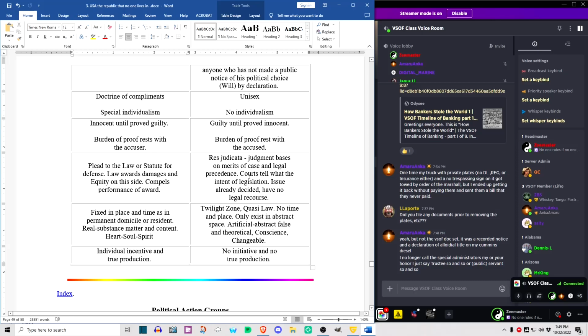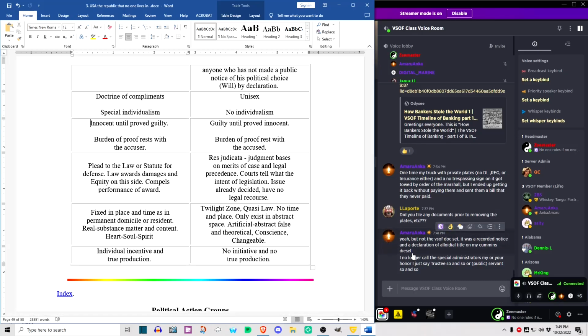So basically you have black-robed priests practicing law from the bench on this side because they're in ecclesiastical courts and they can do whatever they want. They don't have to file law. So the issue is already decided. You have no legal recourse. Now, they'll say you can appeal stuff, but it doesn't matter. They're never really going to overturn anything that the lower courts do if you're the one that agreed to the jurisdiction, you agreed to the contracts, and everything else that goes along with this ignorant side of the situation.